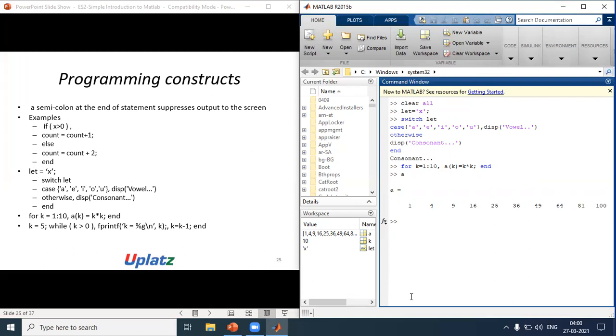Now I have to execute a while loop. For that, I put k is equal to 5 as my first loop. Then while k greater than 0, print within quotes,